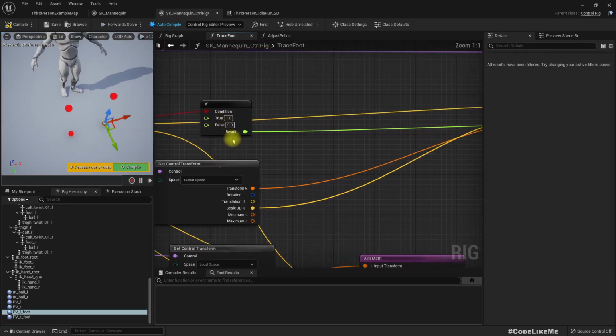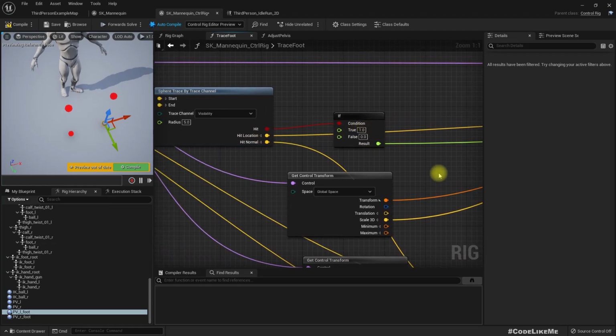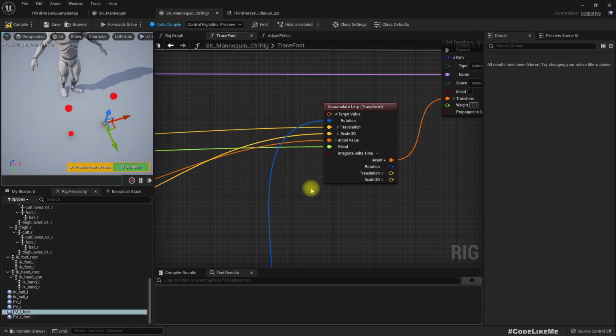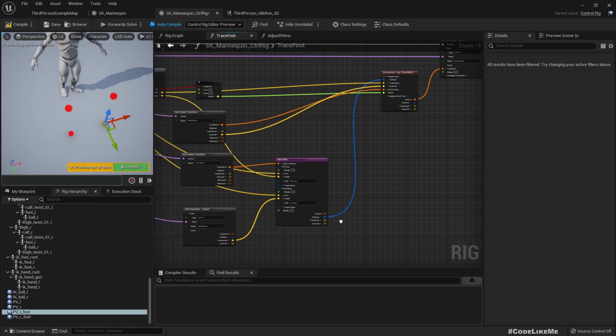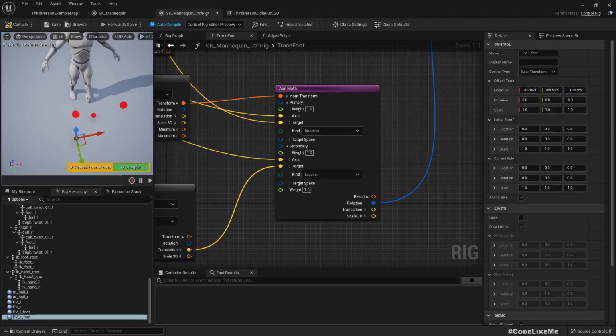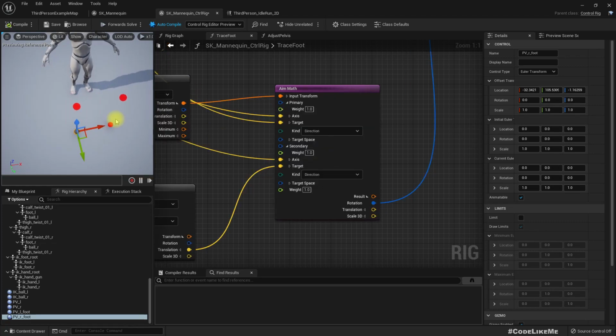Right, so I connected this hit condition, 1 for true, 0 for false, again here for the blend value, so we will not get any invalid rotations. And also I think I was wrong about what I thought about the kind, because when I have 1, you see when I give the location, I'm not sure how this foot behaves, even though the right foot is okay, the left foot behaves in a kind of odd way. But if I change it to the direction,